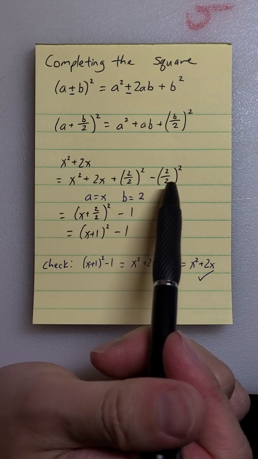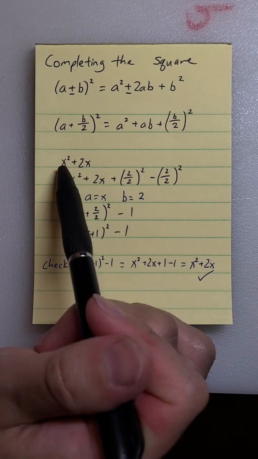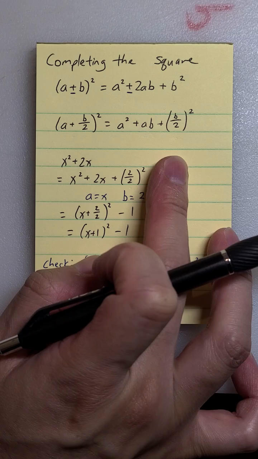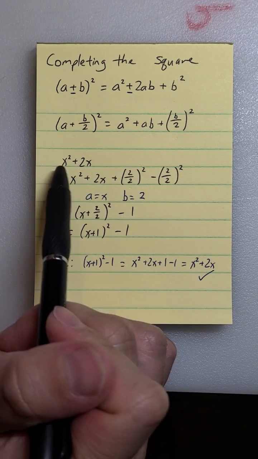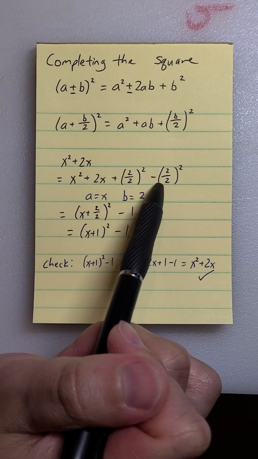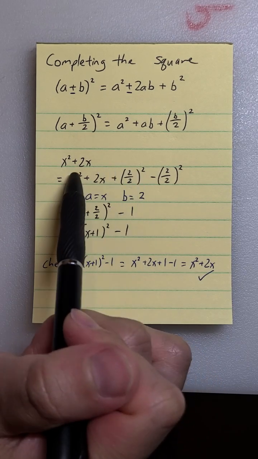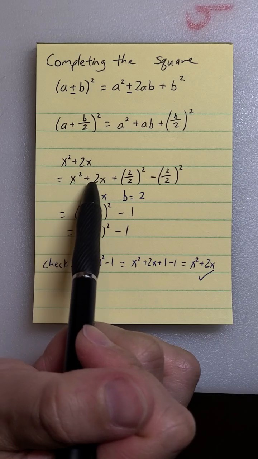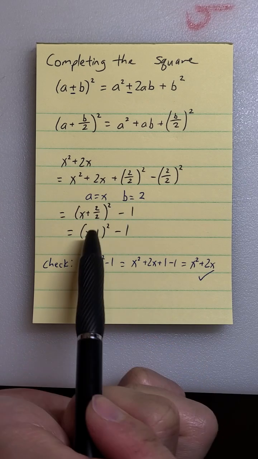And then you subtract it back right away because this line has to be equal to this line. So if I just add it, I'm adding 1. Then it becomes x squared plus 2x plus 1. That's not the same thing as the original guy. So you have to subtract it back right away for it to be equivalent. Okay. Now this, if you factor it, x squared plus 2x plus 1, you know that it's